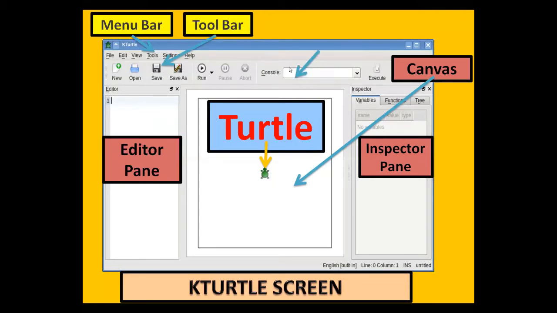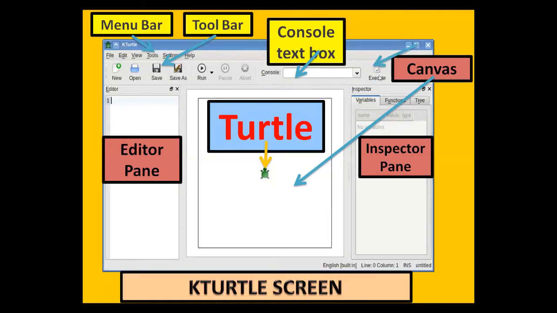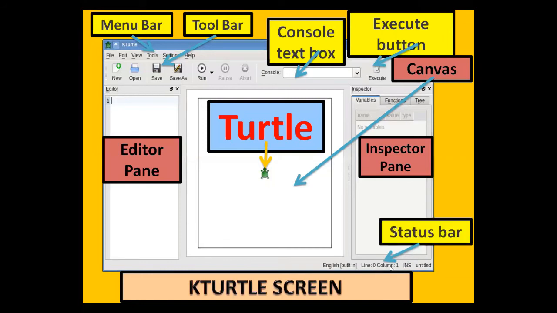On the toolbar there is also a console toolbox, and we can write a one line command here. This is the execute button. It is used to run the command. At the bottom of the KTurtle screen there is a status bar. This bar shows the line number and column number and also shows the current language.